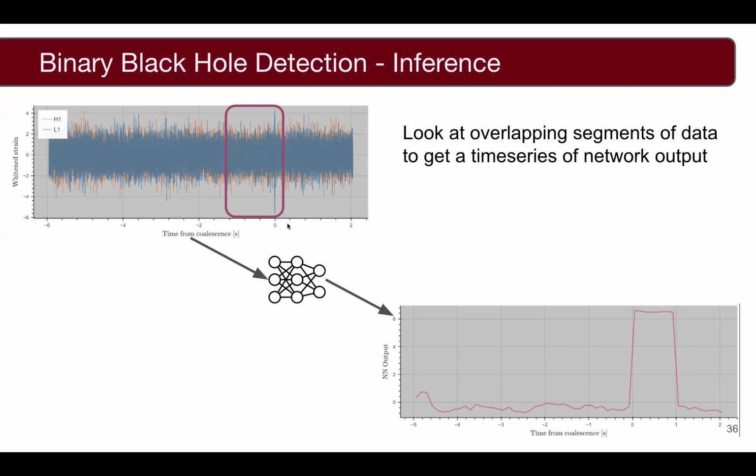Our network takes in a 1-second segment of data, and it produces a single value saying, this is what I think this segment of data is. I think it's either signal or I think it's background. And the higher that value is, the more confidently it thinks it's signal, and the lower that value is, the more confidently it thinks it's background. We do overlapping segments. So once we've done this segment, we'll step over by